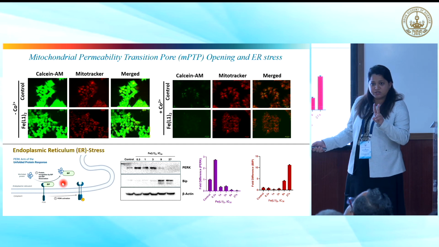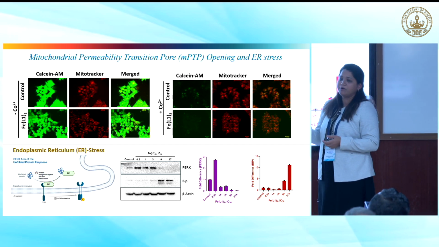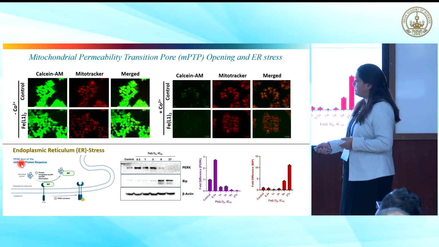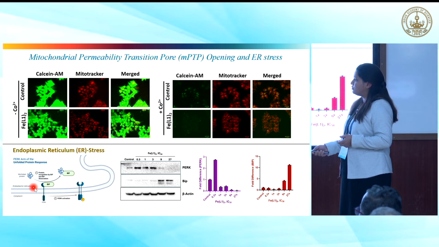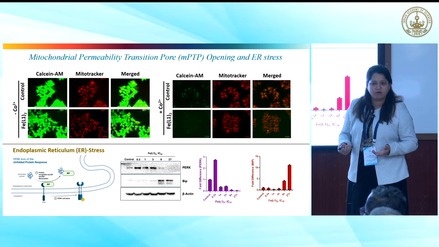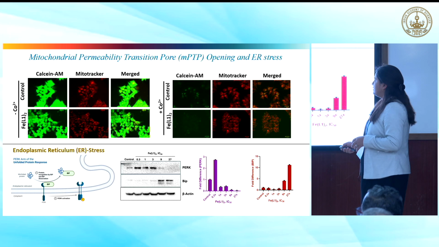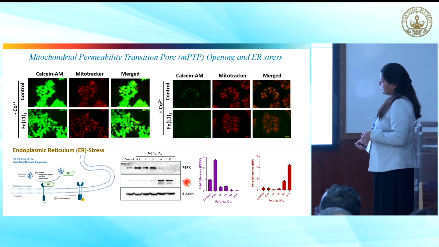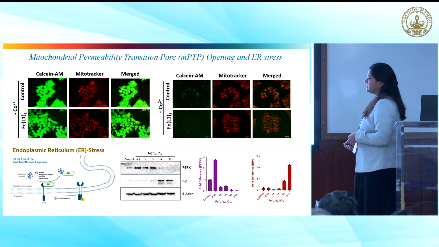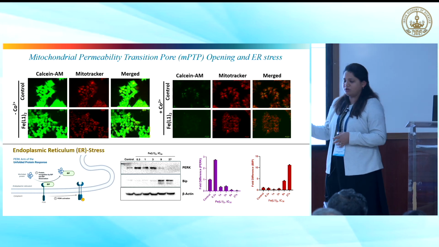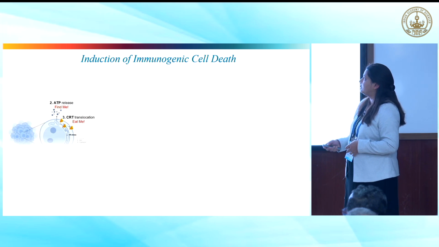There are two major proteins which play a very significant role in upregulating this cascade. One is the BIP protein and the other one is the PERK protein. Both these proteins act as chaperones for the misfolded protein to be converted into folded proteins. We saw that the PERK protein is getting down-regulated, whereas the BIP protein is getting up-regulated, which is one of the markers for the endoplasmic reticulum stress being activated.